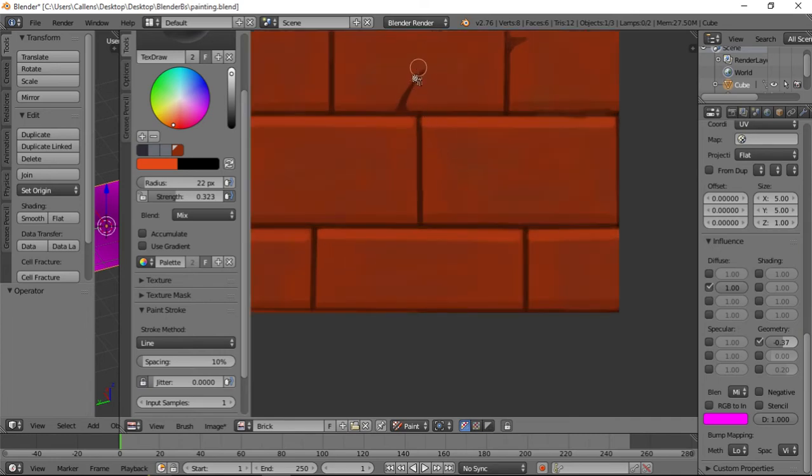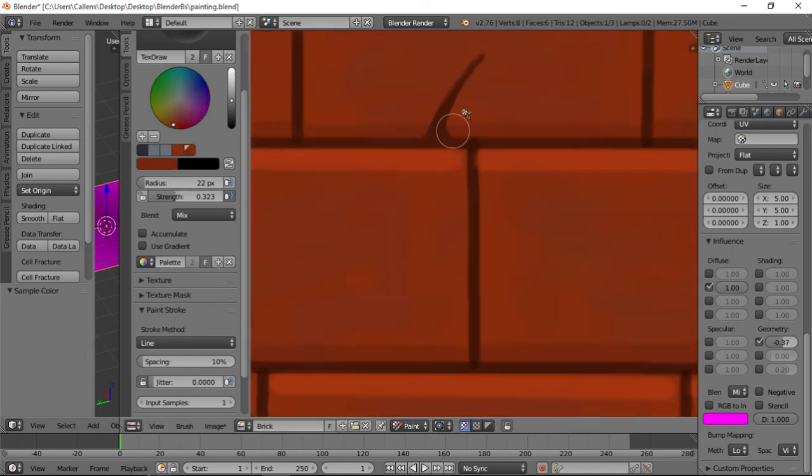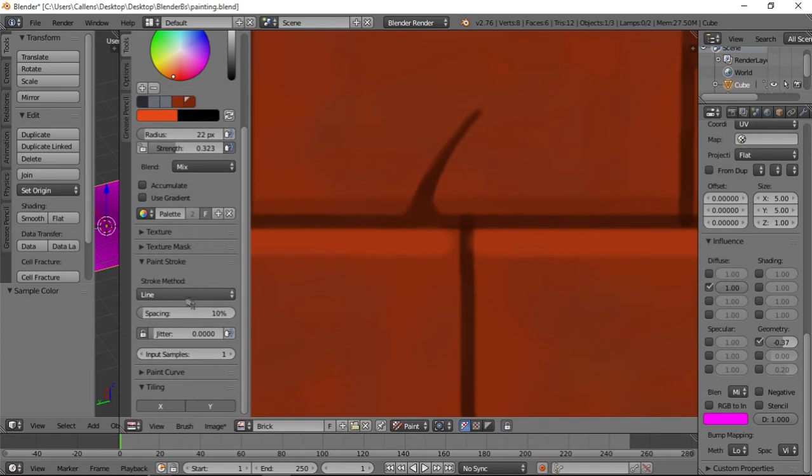Now, because I forgot to do this part, I am going to do S, where's the S? Here. And I am going to, not with a line, but with a space and the lower radius, I am going to go like